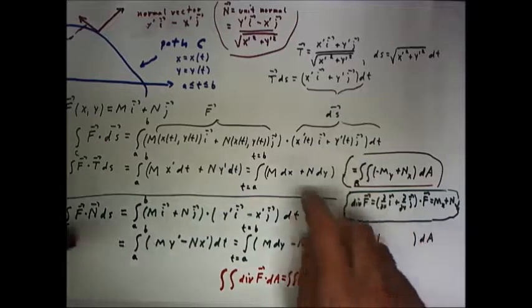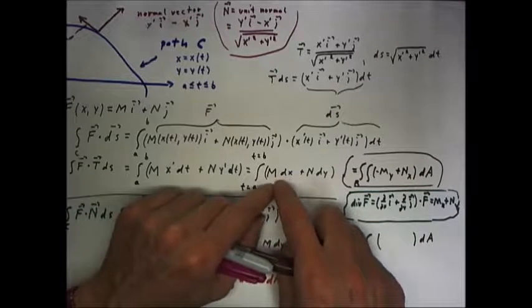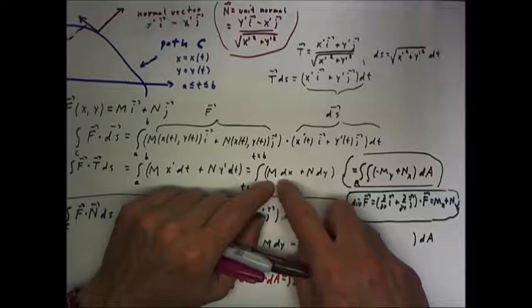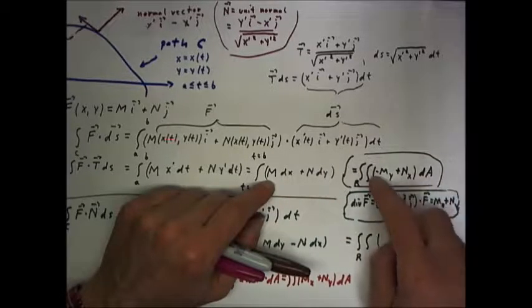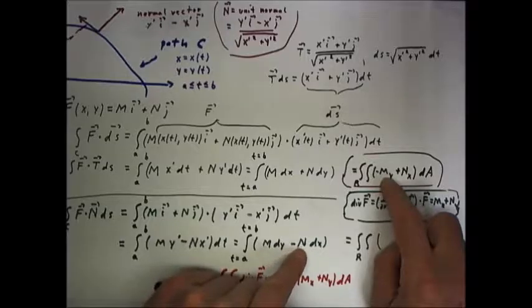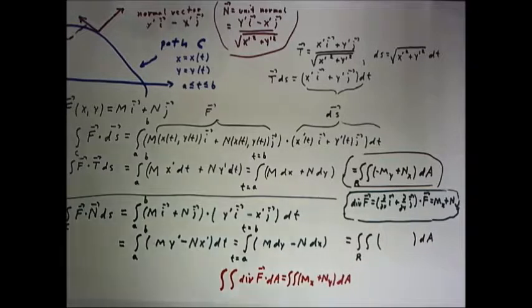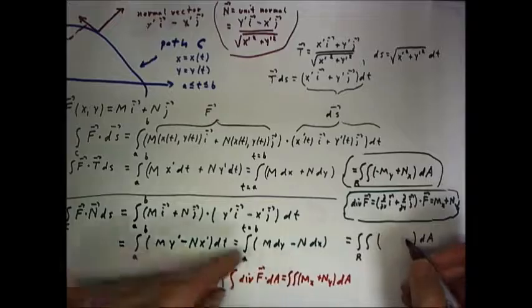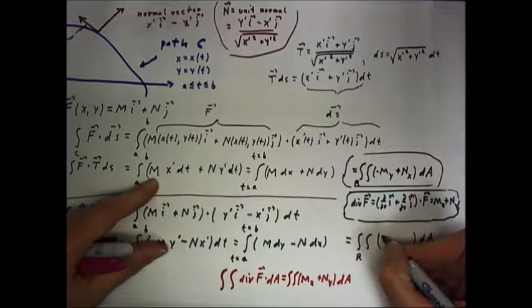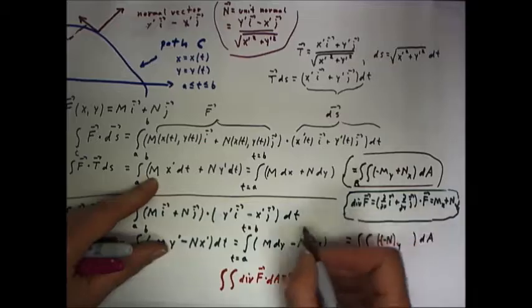Now Green's theorem tells us that this integral is equal to this area integral. We identify m as whatever we're multiplying by dx, and whatever's multiplied by dx appears over here with its negative y derivative. Now what is it that appears here with dx? It's now negative n, so that negative n has to appear in this area integral, and it has to be the y derivative of negative n. So we have negative ny, but we have the negative of that because it's the negative y derivative. The y derivative of the coefficient